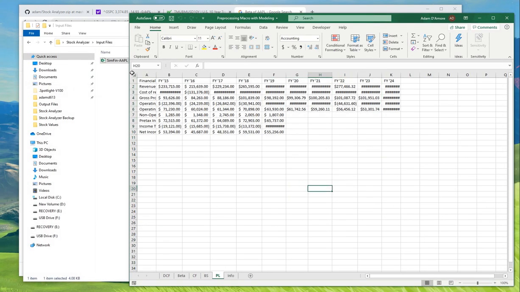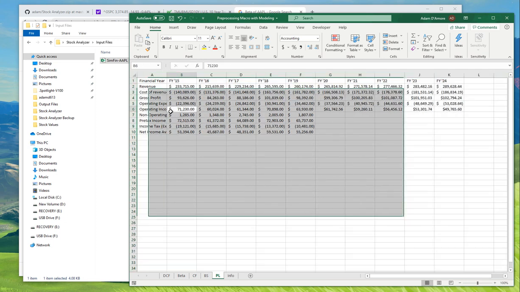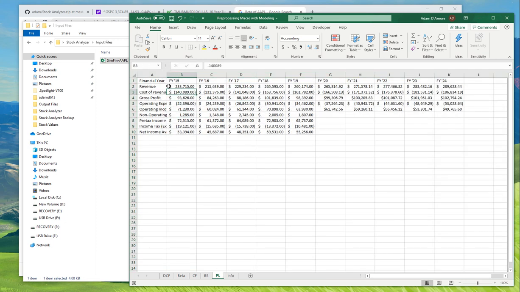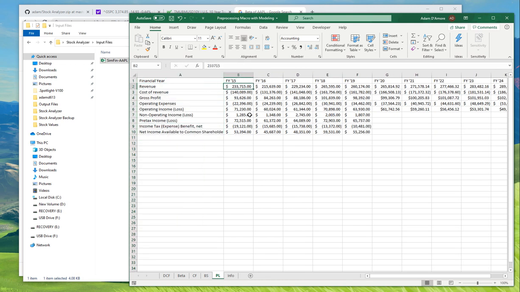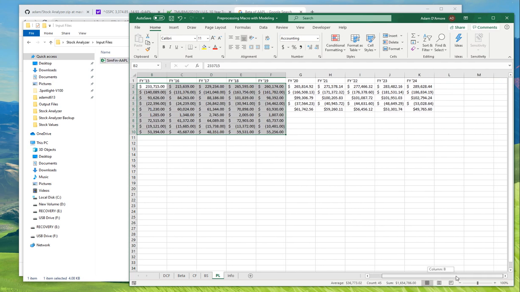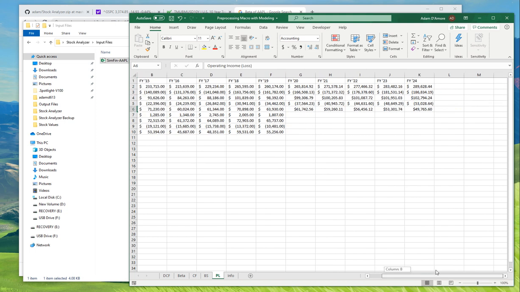Okay, so we're going to see a few things here. This first tab that you're looking at is the PL. That's the profit loss, also known as the income statement. We're going to see revenue. This is taken straight from our input file. But then we have some forecasting right here. So it's forecasting revenue, cost of revenue, gross profit, operating expense, and operating income. Using the compounding annual growth rate, so we can see, it looks like it's going forward at about the same rate as it is going backwards, which is pretty